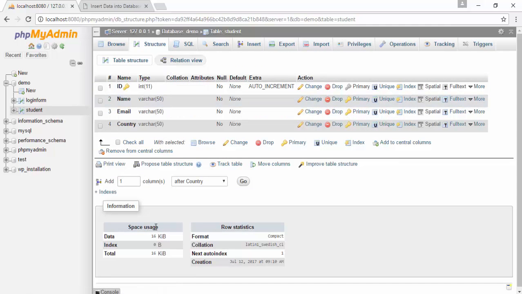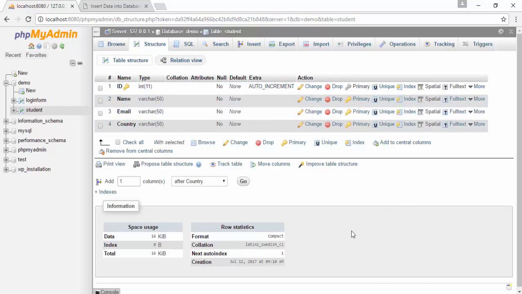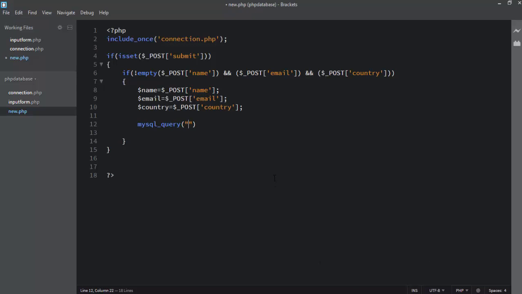Okay, this is your table name, and here the columns display on the database. So the query is, you need to write the double quotes and write insert into your database table name. My table name is student, and write values, and again parenthesis and double quotes, single quotes. You need to write here the variable. So I copy the first variable and paste here, and second